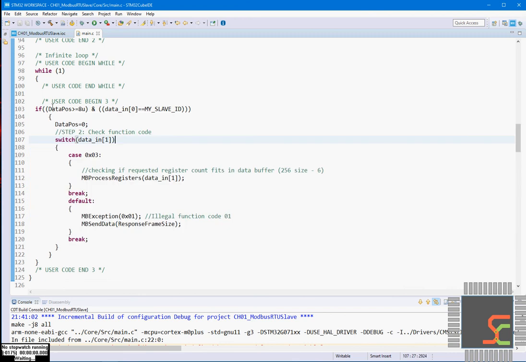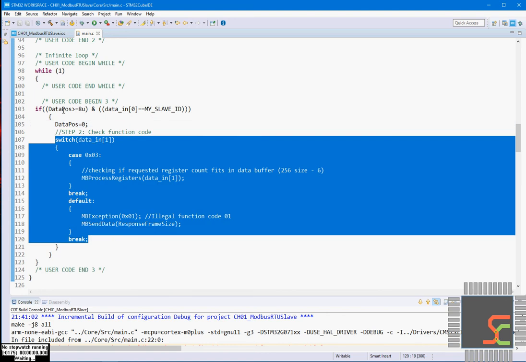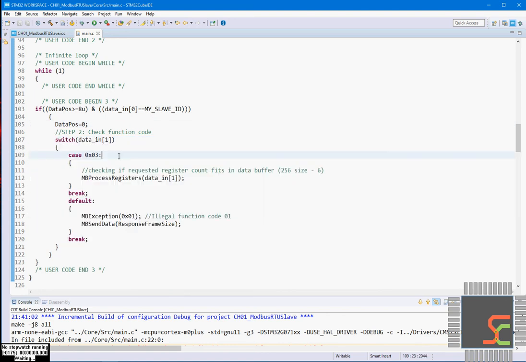As soon as I see that 8 or more bytes are received, and the data received is for me only, then I will simply clear the data position variable and start processing the data. I'm using a switch statement wherein I'm checking the zeroth and first index, meaning the second byte of the received data, which is the function code.